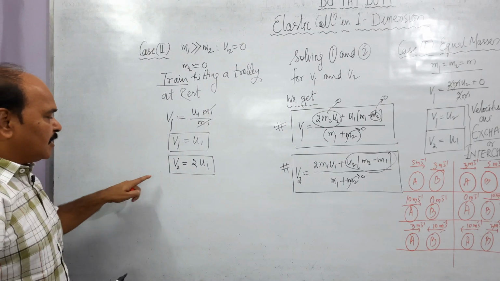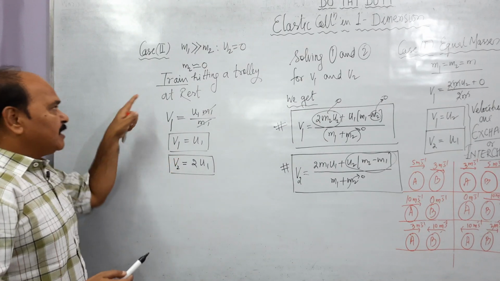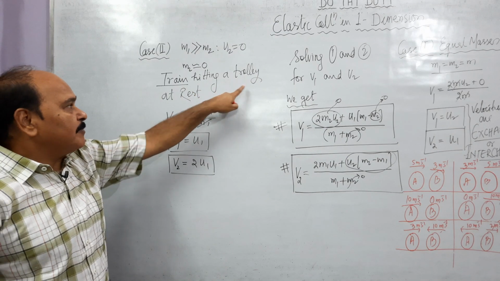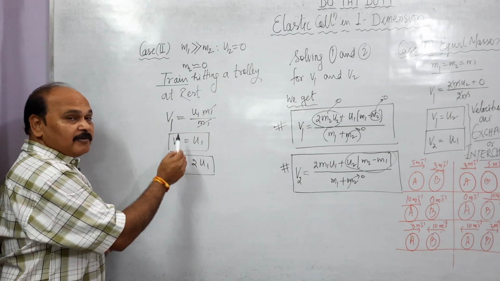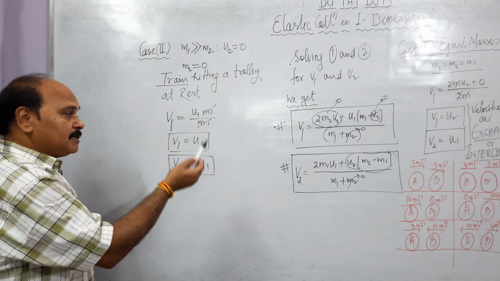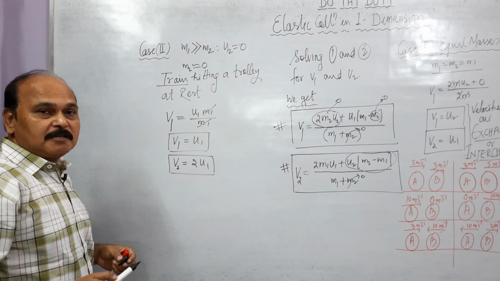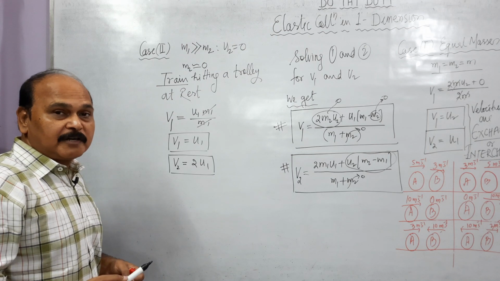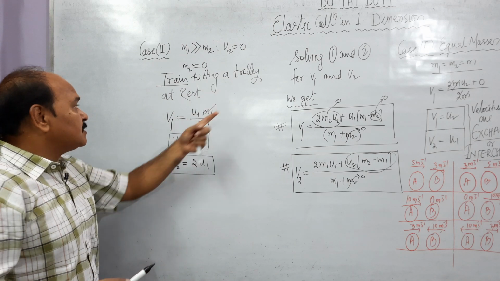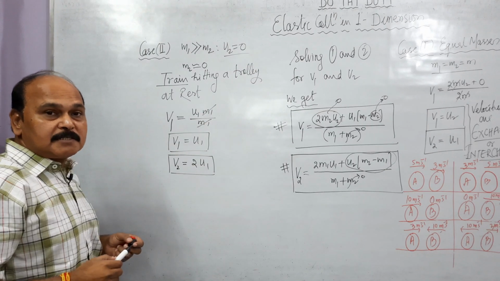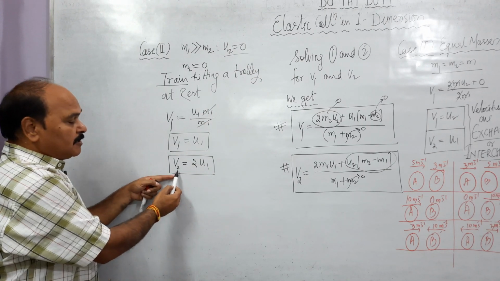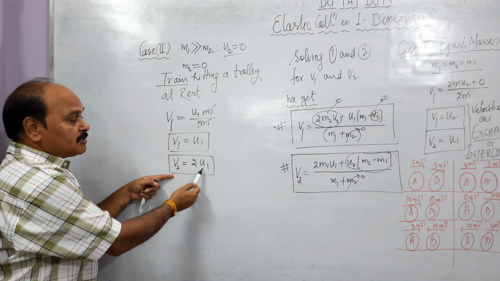So what is the ultimate conclusion? If a very heavy mass collides with a very light mass at rest, what happens? The final velocity of the heavy mass is the same as its initial velocity. The velocity of the train remains unaffected. But what happens to the lighter mass? The lighter mass which was at rest now starts moving with a velocity that is twice the velocity of the